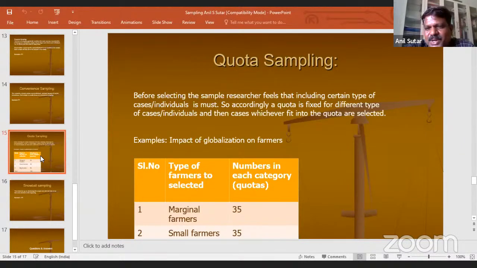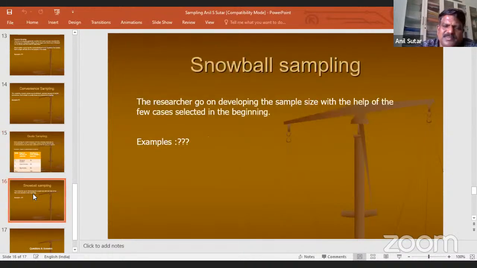Then accordingly, you actually select the respondents and then conduct interview. This is an example of quota sampling, what I said in Mumbai, because you can't think about multi-stage and clustering, because that involves a very huge project kind of thing. So qualitatively, if your interest is to explore, not estimating any parameter, then you can think of quota sampling as an alternative. Then snowball sampling, as I told you again,